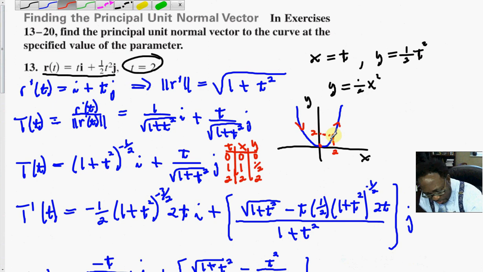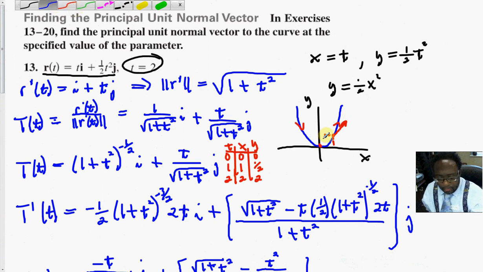So since the curve is moving in this direction, that means that the tangent at that point is doing that. Maybe I can draw it a little bit away so you can see it a little bit better. Now this drawing is not good, but you get the point. So if the tangent is doing that, that means that the